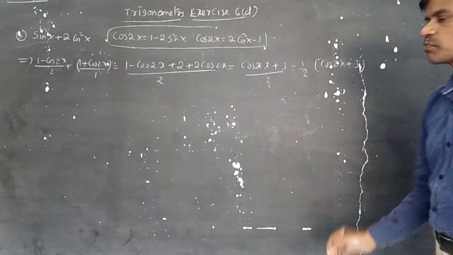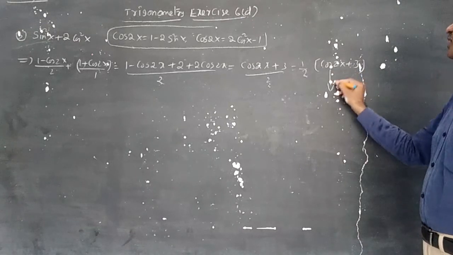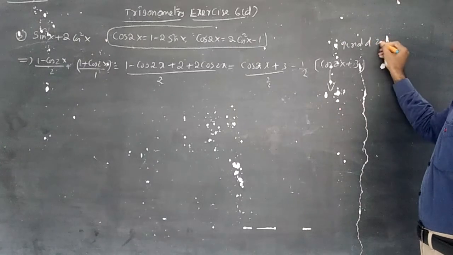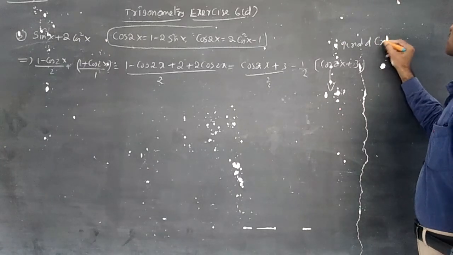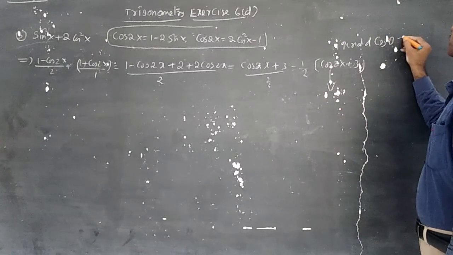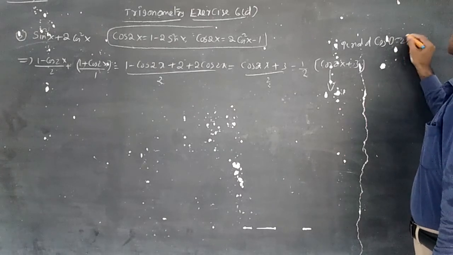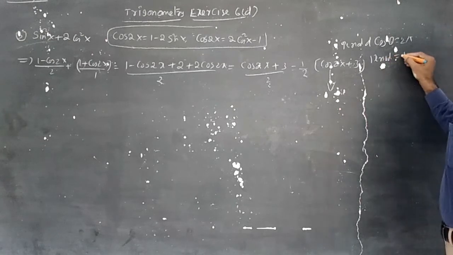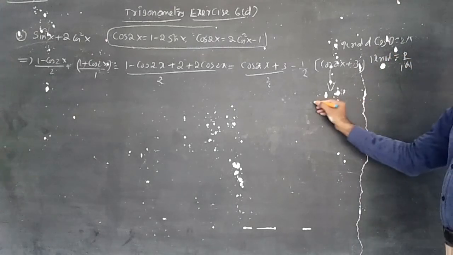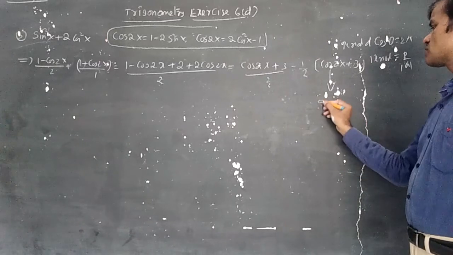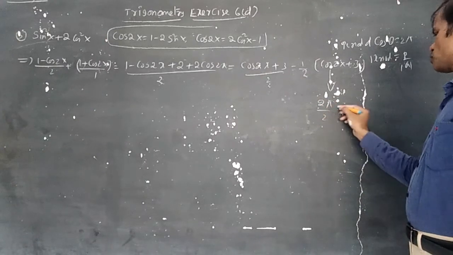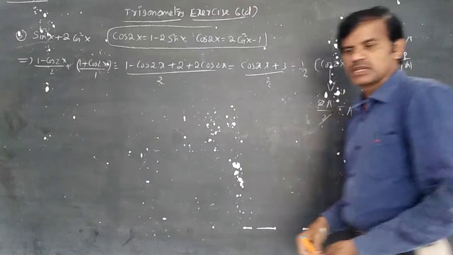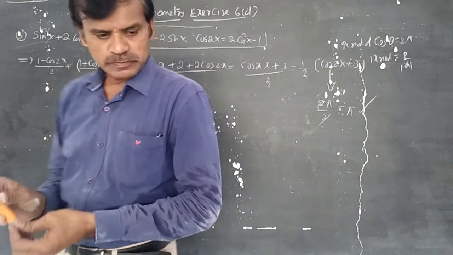For such functions, there is no need to consider the constant. Here you write the period of cos 2x. The period of cos theta is 2 pi, and the general period formula is p by mod a. So the period of cos 2x is 2 pi by 2, that is equal to pi. No need to calculate anything about the constant. So pi is the period of the given sum.